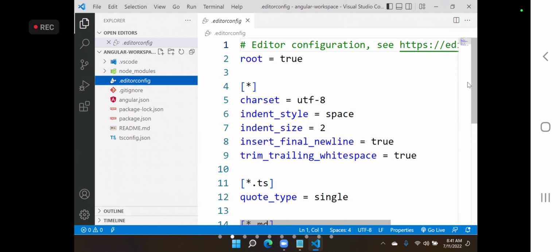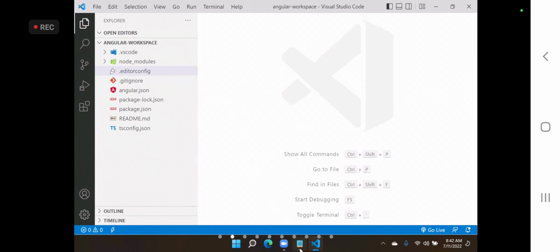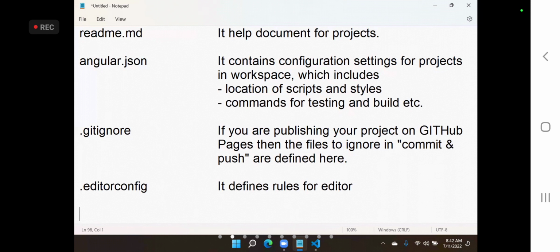So that depends. And see here, it says that quote type should be single quote, because quote means I can use single quote, I can use double quote, I can use backtick. One person writes double quote, another person writes single quote. This is all risky. We can simply put some rules here so that everywhere they will follow the same. If I don't follow that, it will show a warning saying that please use single quote. That will be better, not an error. It is just a warning. You can still continue, but we can set the rules here. All that information is defined in editor config.